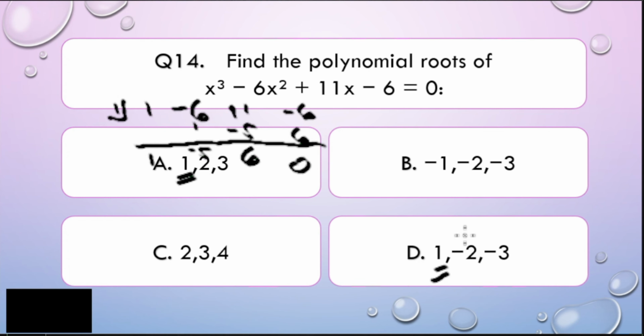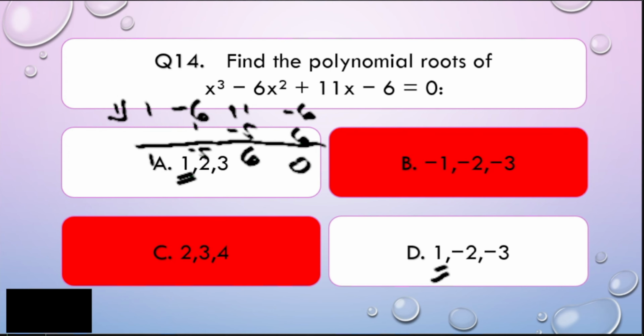So basically, letter B and letter C are already wrong. Alright, so we can check that one. Alright, we are correct. Now, how do we do this? Okay, so of course, this is cubic, right? So this will go down by 1 degree. That will become x squared minus 5x plus 6, because this is positive. So basically, this is already a quadratic expression.